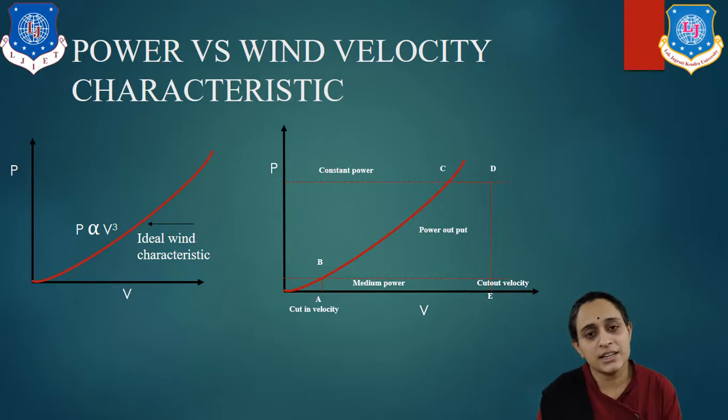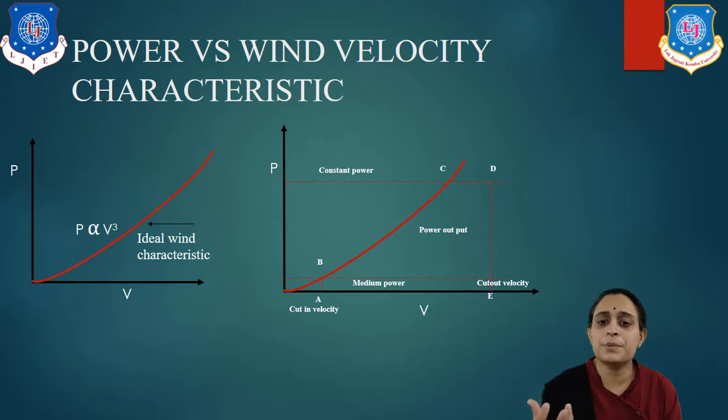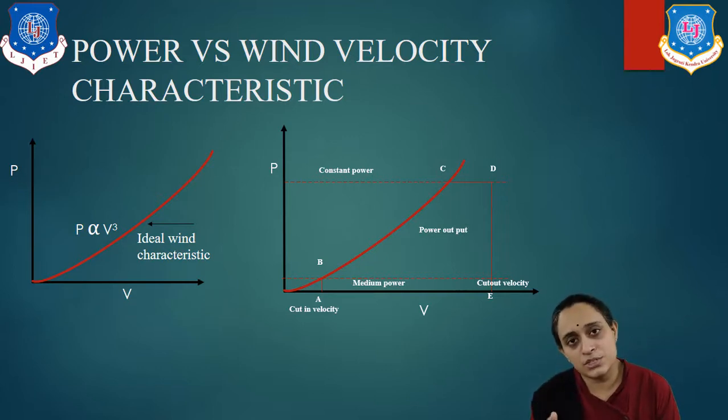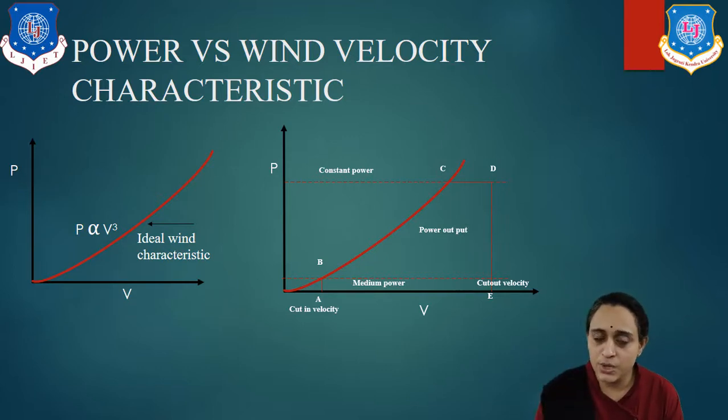Now look at the graph from B to C. What does the graph B to C represent? It represents the rising of wind velocity with the rising of the power. The power will be raised as we saw in our previous diagram: P is directly proportional to V cube. So according to the velocity, the power will rise. Now with respect to C, it is a steady graph, and this steady graph represents the steadiness of the system. Okay, so this is the graph.